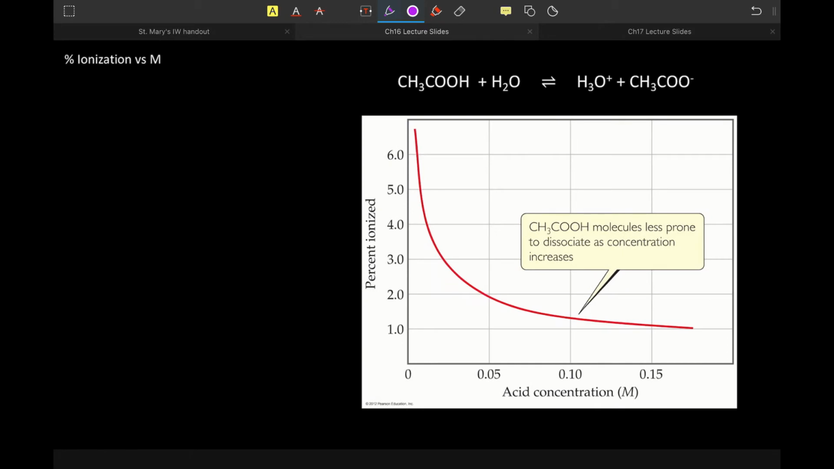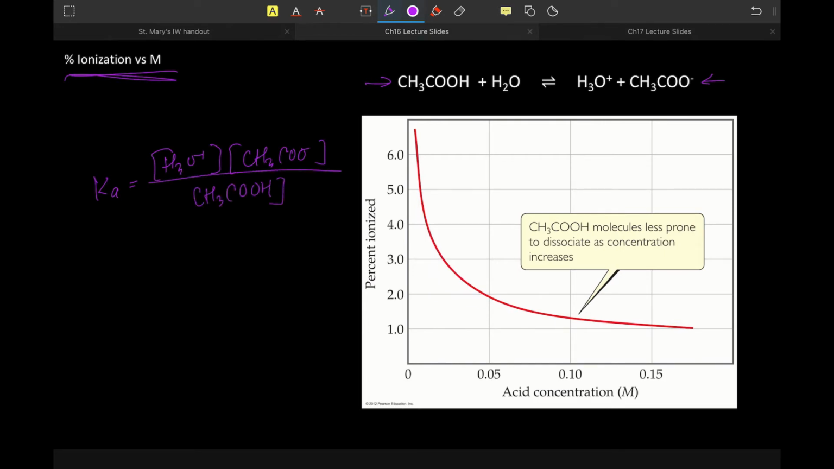Next up, here's your graph from the book that deals with percent ionization versus the molarity of my solution. Here is the hydrolysis for acetic acid. If we think about this, we have our Ka, and here is this part over this. Now, when we look at this graph, what it says is that at very low molarities,